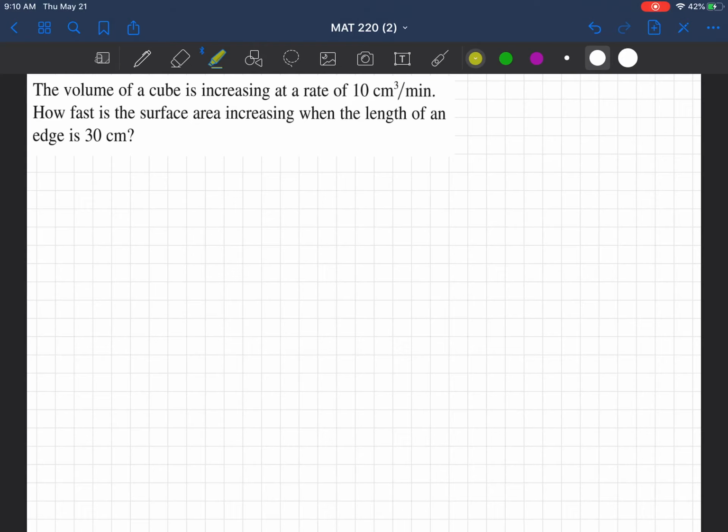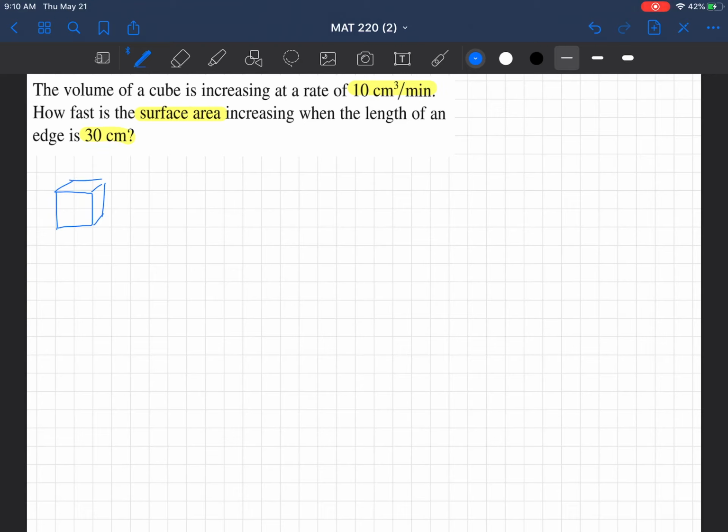In this problem, we are told the volume of a cube is increasing at a rate of 10 centimeters cubed per minute. We are asked how fast is the surface area increasing when the length of an edge is 30 centimeters. To start out, we'll go ahead and draw a picture of a cube